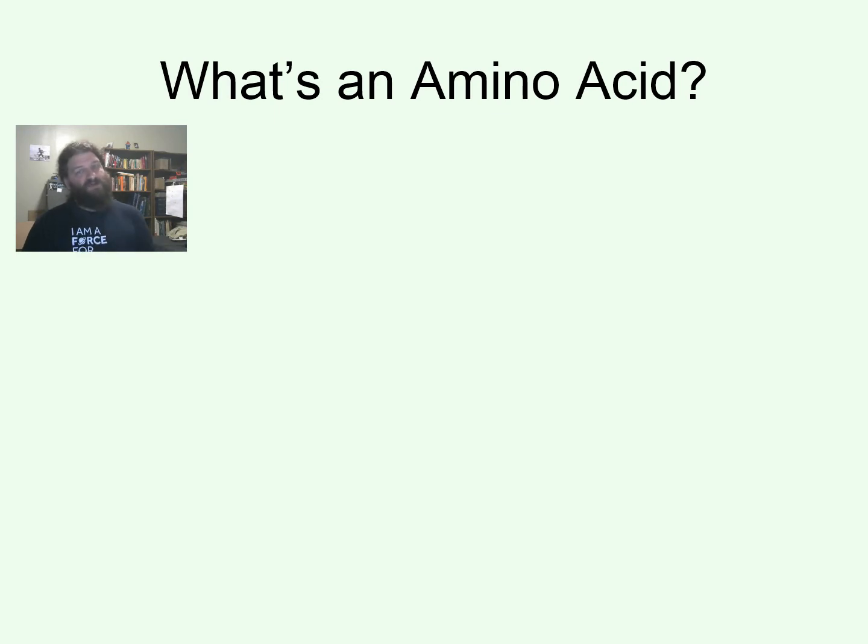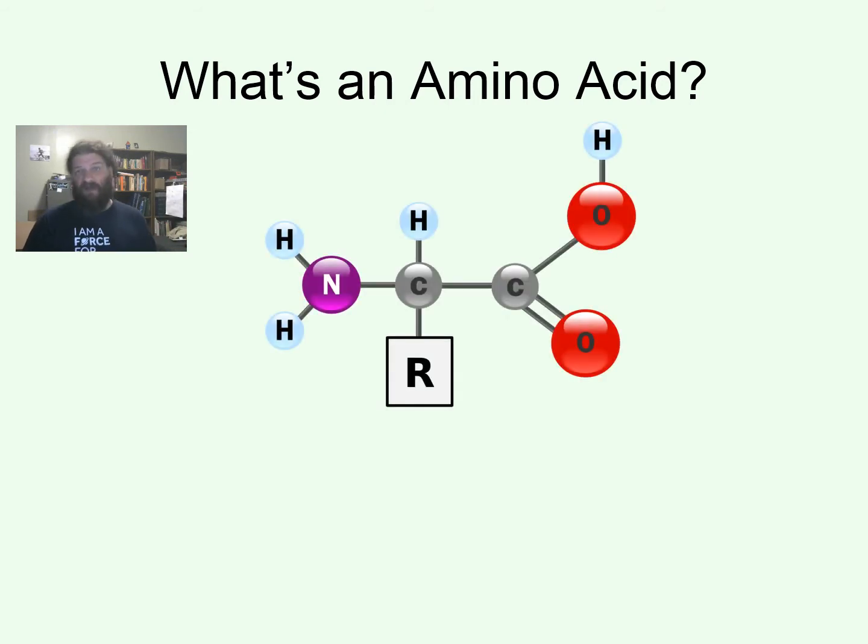Just like when I introduced the structure of DNA, we started out with what a nucleotide is. When I introduce the structure of proteins, we need to talk about amino acids, the monomer of the polymer. Amino acids are a group of molecules that have particular functional groups in common. A functional group is a group of atoms arranged that we see really commonly in lots of different molecules, and they impart certain